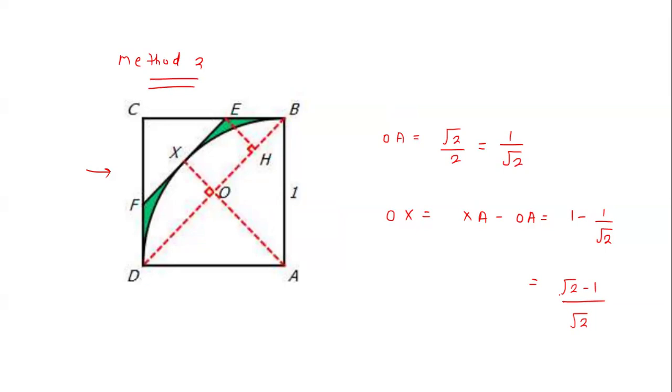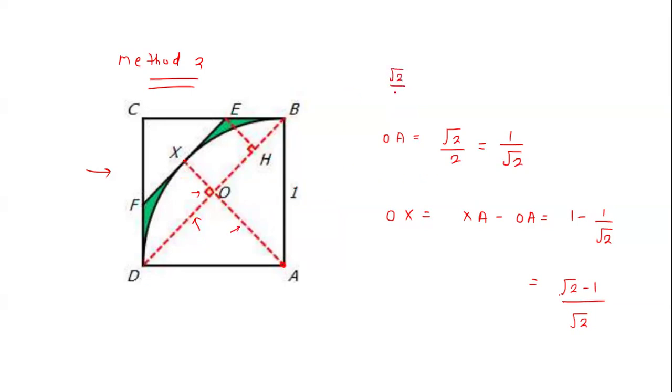So you see in this figure, I just drew these two diagonals. One is AX, from A to the point X, and one is DB, and both are intersecting at a 90-degree angle because of the square property. And we know this OA length as